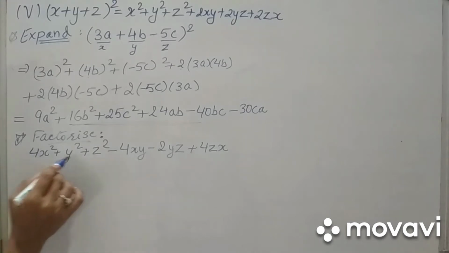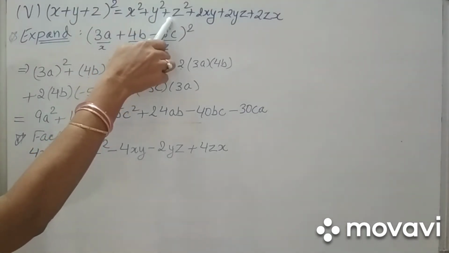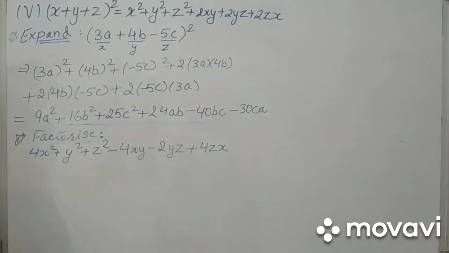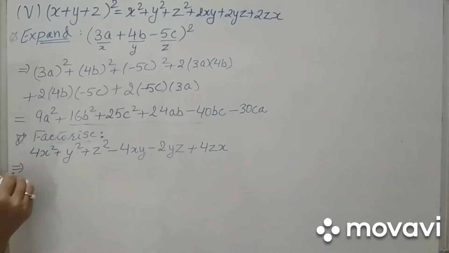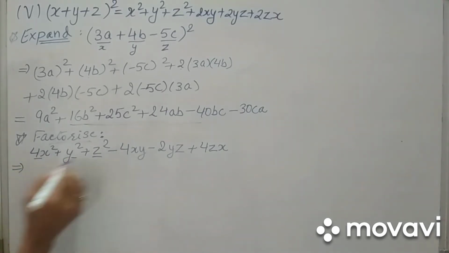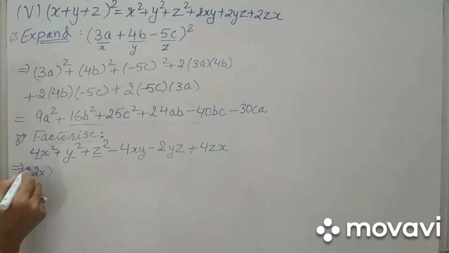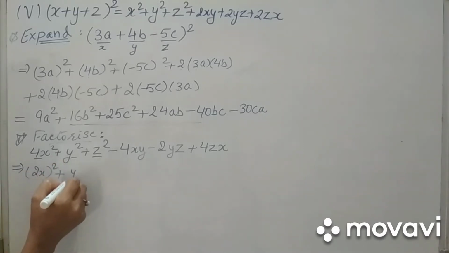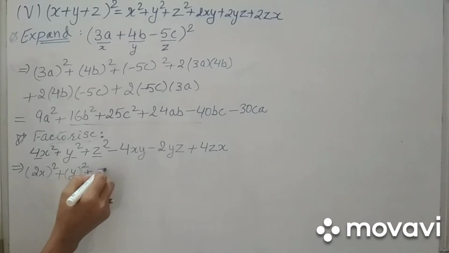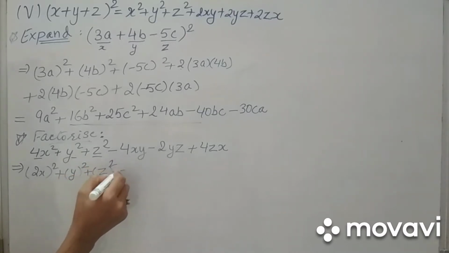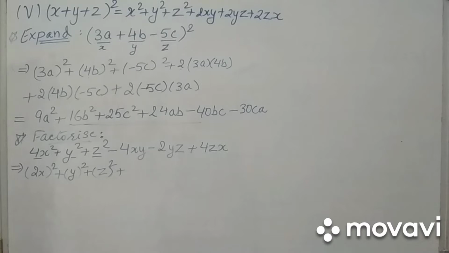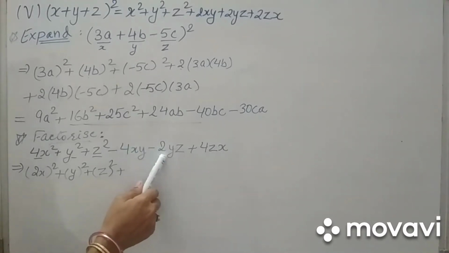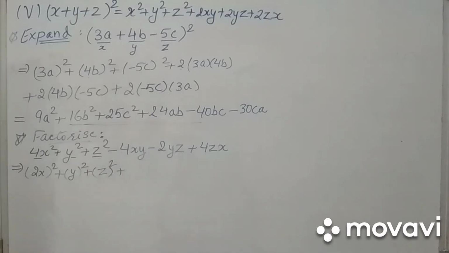Okay, now it is given in the RHS form. So how will I convert it? For the first three terms I will write their square roots: (2x) whole square plus y whole square plus z whole square. Now as the minus sign comes, the changes appear. See which term is common where you see the minus sign.